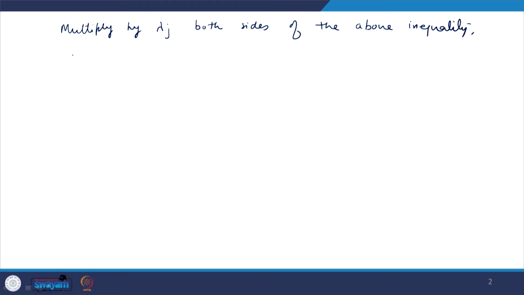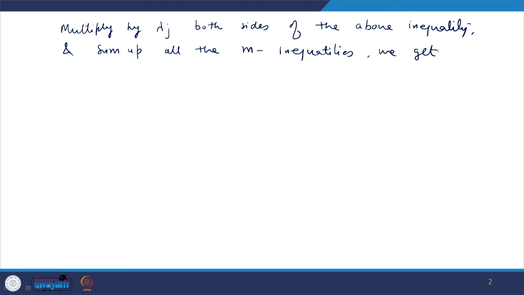So, multiply both sides of the above inequality by lambda_j and sum up all the m inequalities, we get